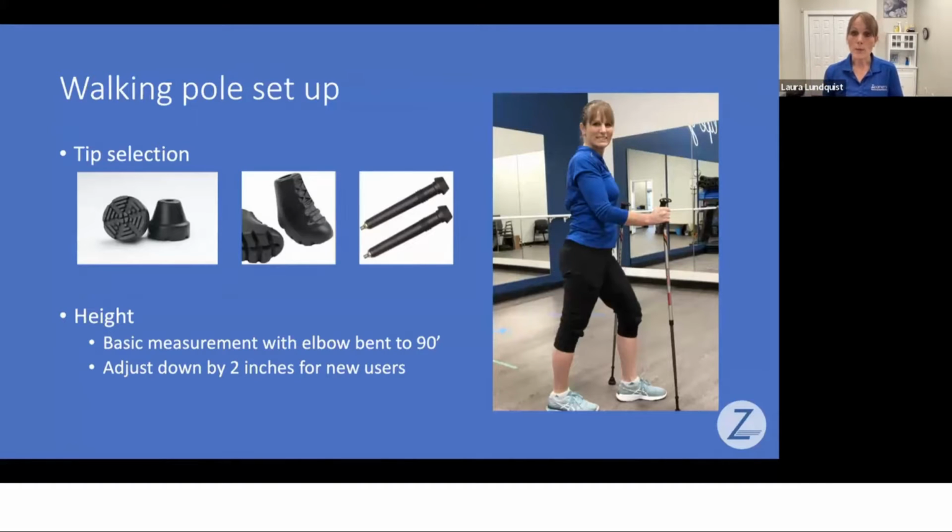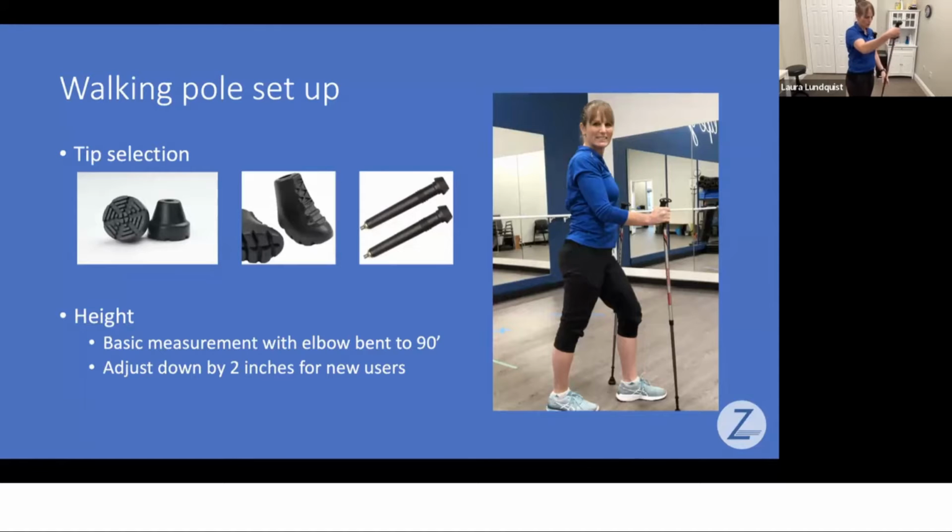So when we're talking about pole setup, again, we need to decide which tip we're going to use. There's a great picture here in the middle of what those little boots look like. But if we're going to use the Activator technique, we're going to choose that bell bottom tip. And then for the height measurement, you basically want to be able to have your arm at 90 degrees at your side here. So when you're first starting with the poles, you might even prefer it to be a little bit lower, right? So for me, if I was using my right hand pole here, so my arm's at 90 degrees, that's about right. I'm comfortable with Activators, so that would be the right height for me.